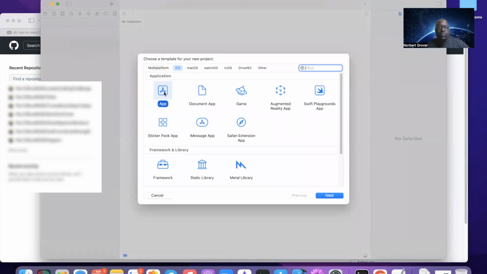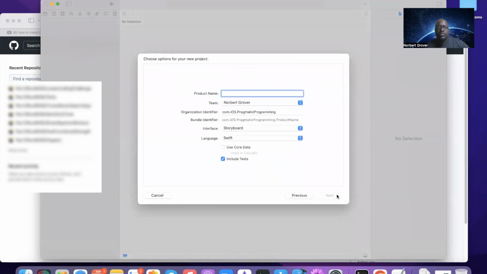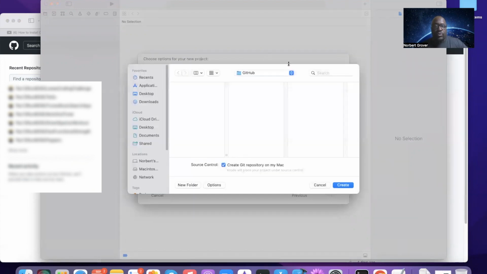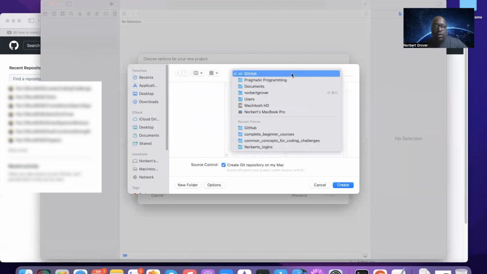Right here, we have a new project, app, and just to make sure, we're going to call this remote example. Okay, and Swift, we're using storyboards, and we're going to put this in our